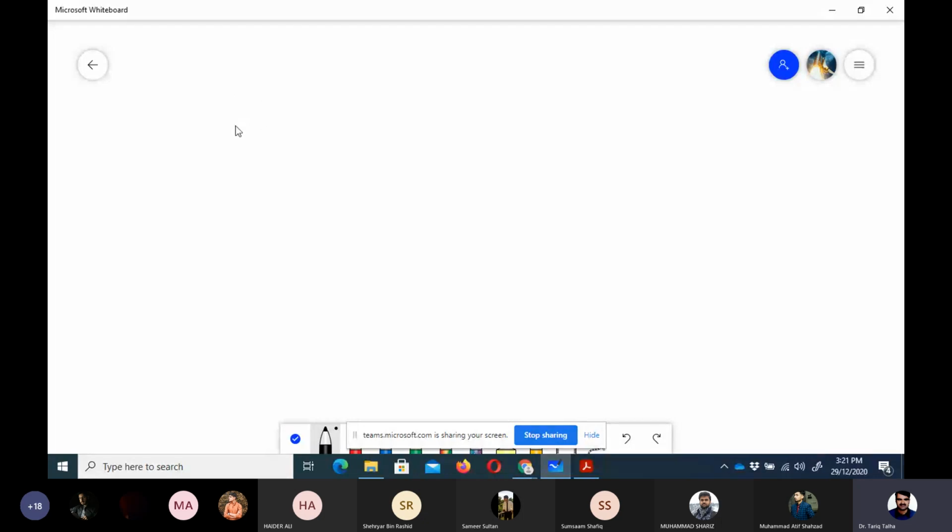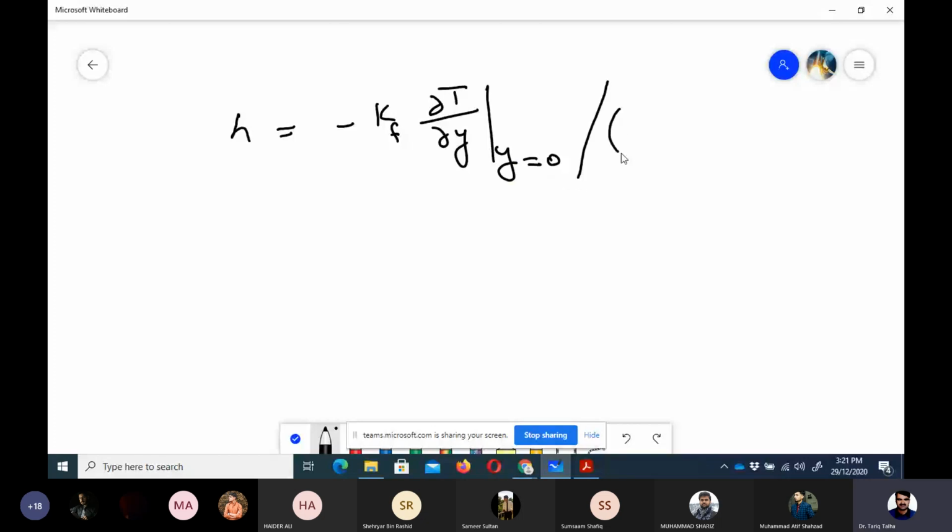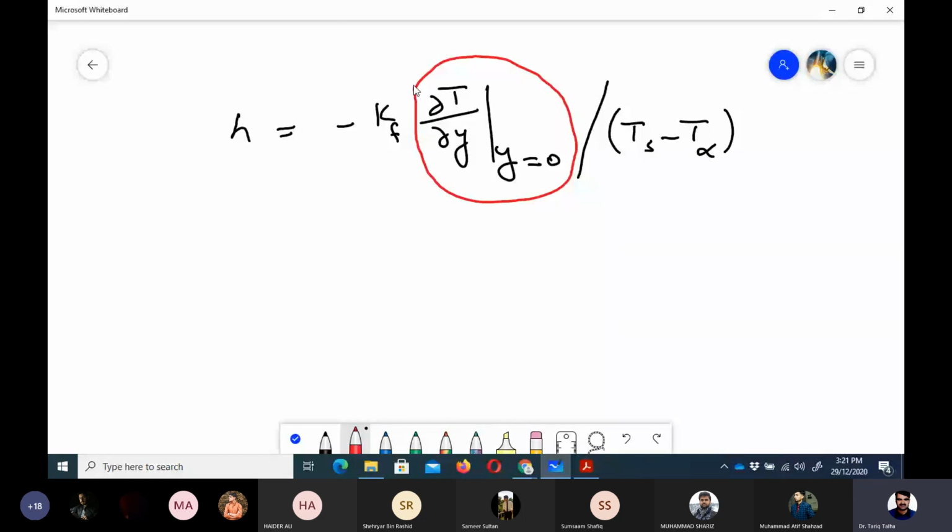The formula for the calculation of h was h equal to minus k of fluid into partial T by partial y at y equal to 0, divided by Ts minus T infinity. This is the main challenge here: how to calculate this. In order to calculate this, we need to find T as a function of x and y. But in order to get to this, first we need to get